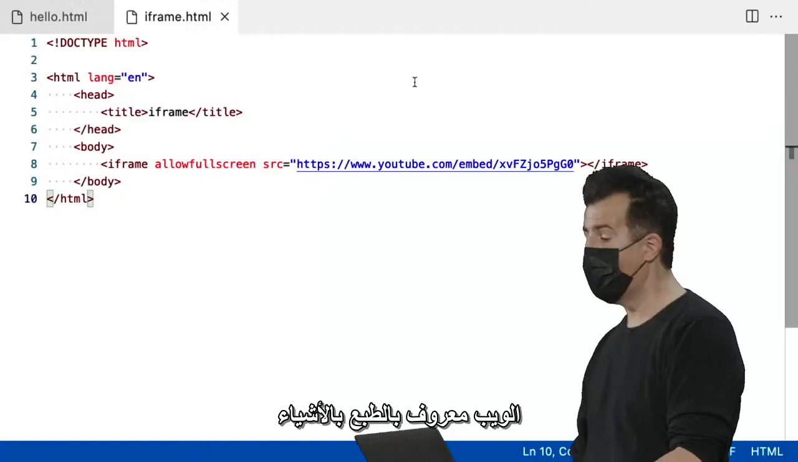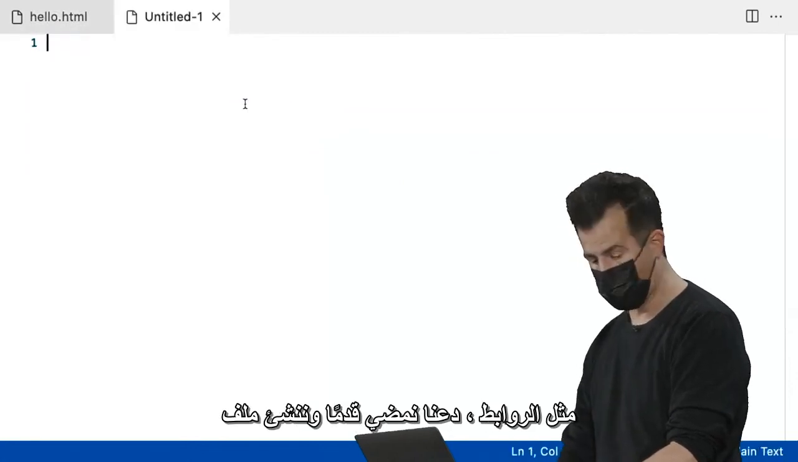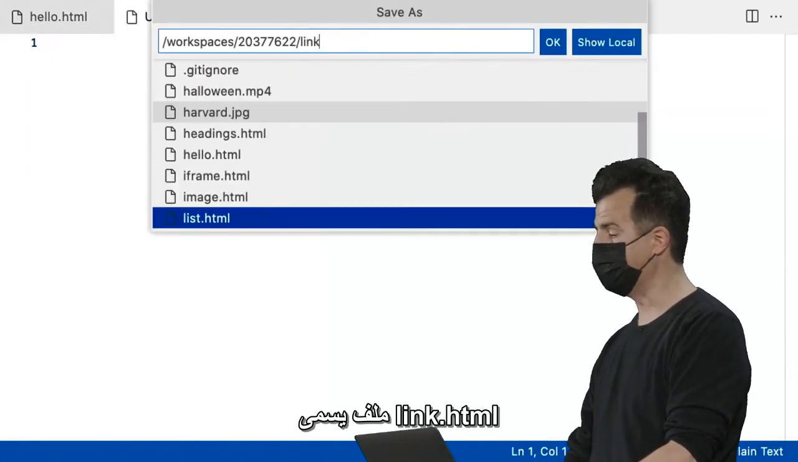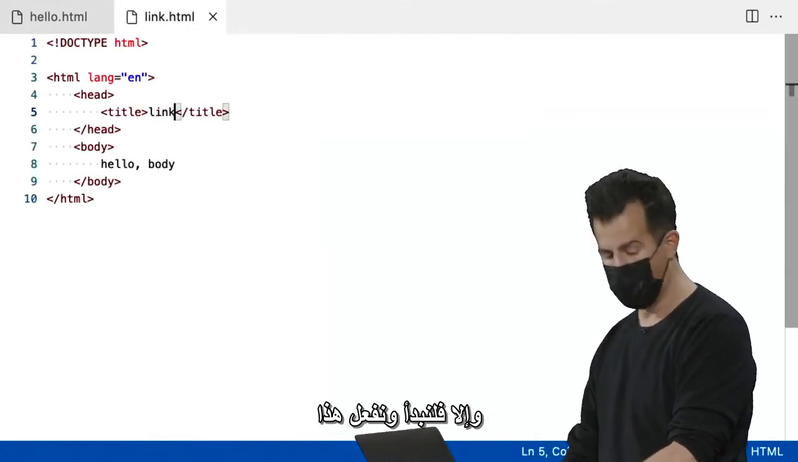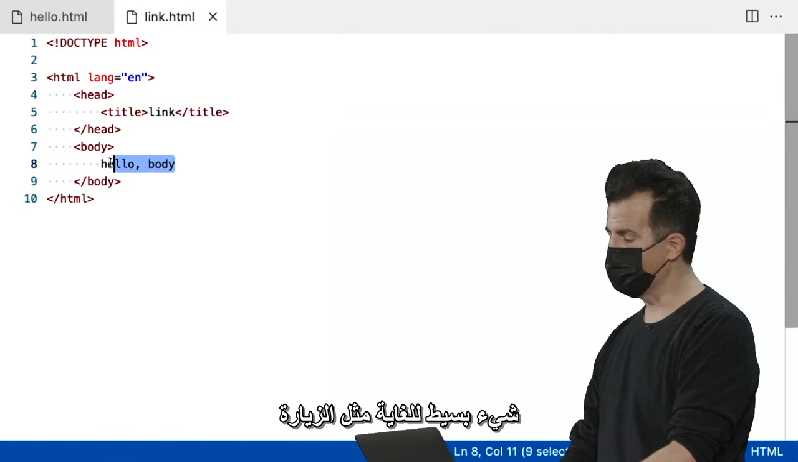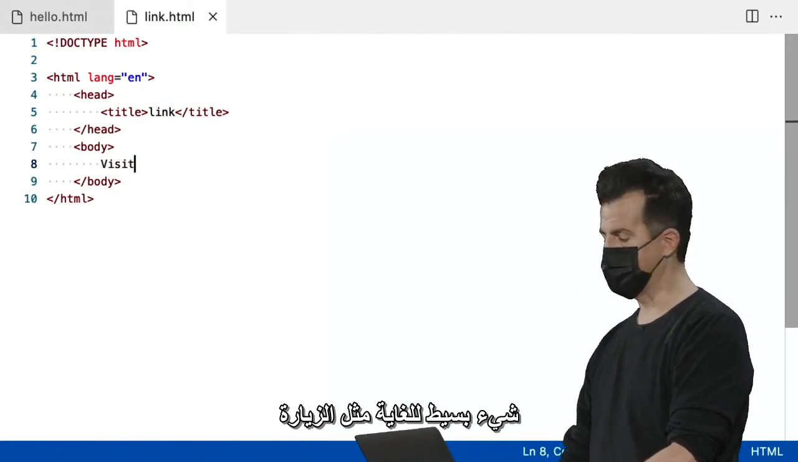All right, well, the web is, of course, known for things like links. Let's go ahead and create a file called link.html. And if we want to create a web page that actually links from itself somewhere else, let's go ahead and do this. Something very simple like visit